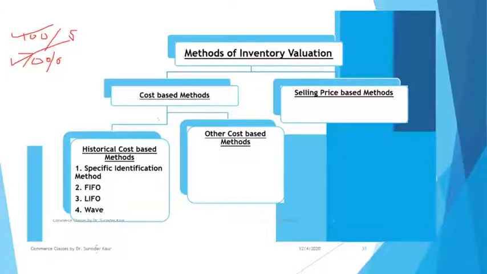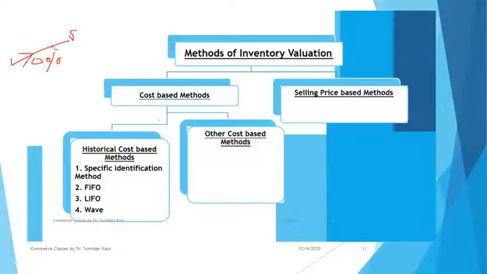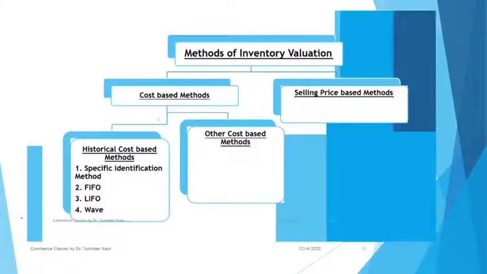So in your closing stock, you will write 50 units at 5 rupees and 150 units at 6 rupees, isn't it? So this is the specific identification method, but this method is not practical as such. When we have a huge lot of inventories involved and various lots purchased so frequently, you cannot actually identify the stocks with their lots. So we have to follow some other technique where we can just use the cost concept and then find out the cost of inventories and cost of goods sold. For that matter, the methods have been designed: FIFO, LIFO, and WAVE.